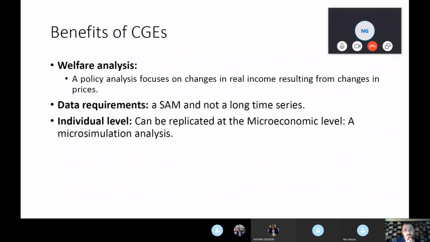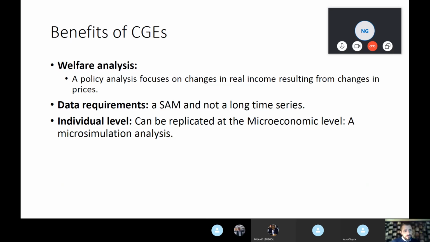Third, as I said, we can run a welfare analysis to see what happens at the macro level when we take into consideration the effect of a shock on all the economy. Fourth, in terms of data requirements, it needs just a social accounting matrix, not a long time series, and we know that in several developing countries, having a long and consistent time series sometimes might not be easy, but the SAM is just the social accounting matrix that is available in a specific year, and then it can be directly used